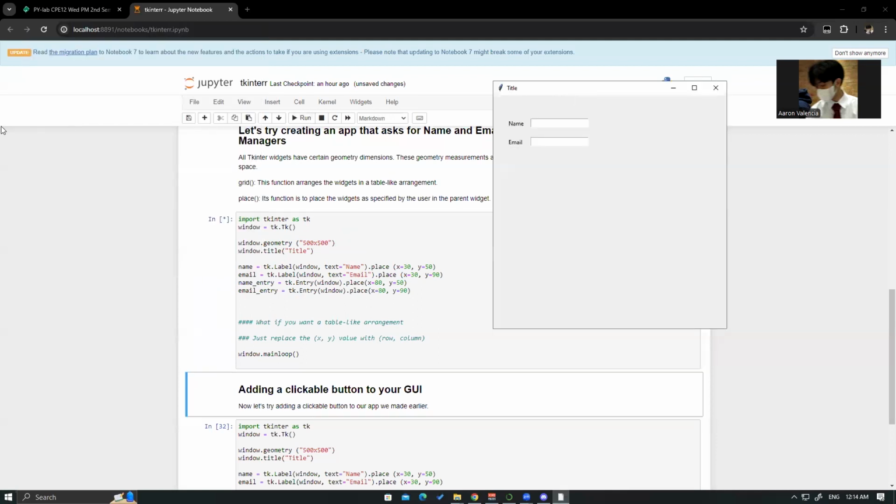As you can see, we managed to add entry in our application. So basically entry means we can input something in the tkinter. So let's try adding my name, Aaron, and my email, Aaron Valencia.